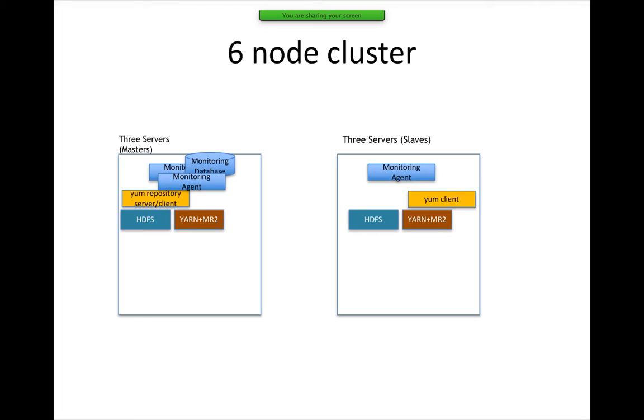When we set up YARN and MR2, typically we will not set up classic. We will decommission the classic and set up YARN, or we will add YARN and after a while decommission the classic. Either way can be done. If you are trying to upgrade, you will be decommissioning the classic and upgrading to YARN. If it is a new cluster, typically we will use YARN only, setting up YARN and MapReduce 2.